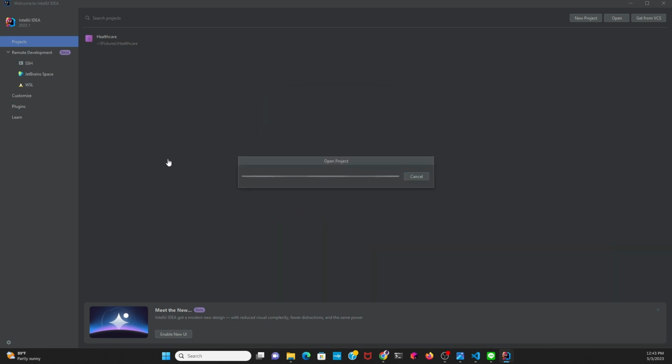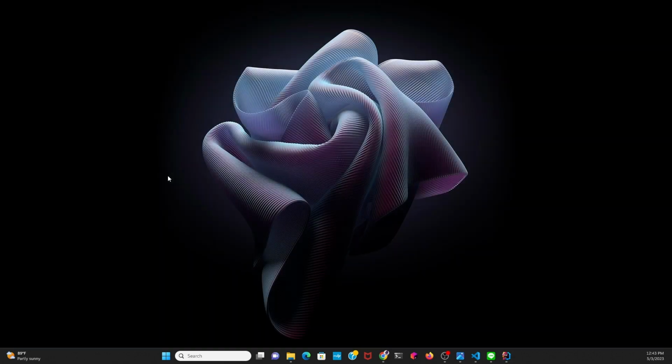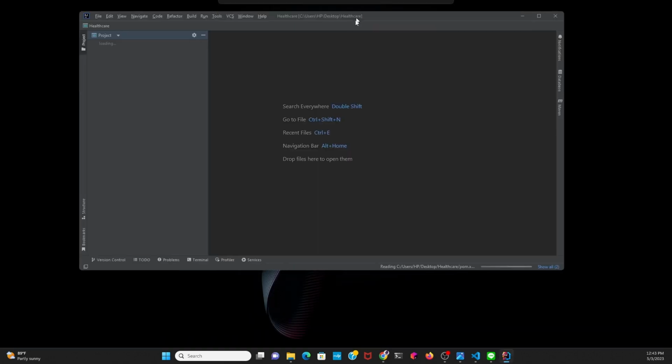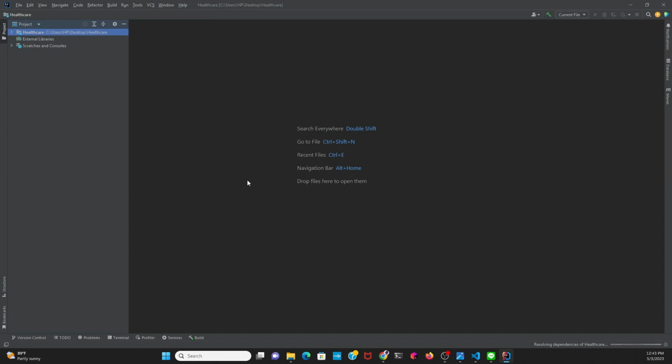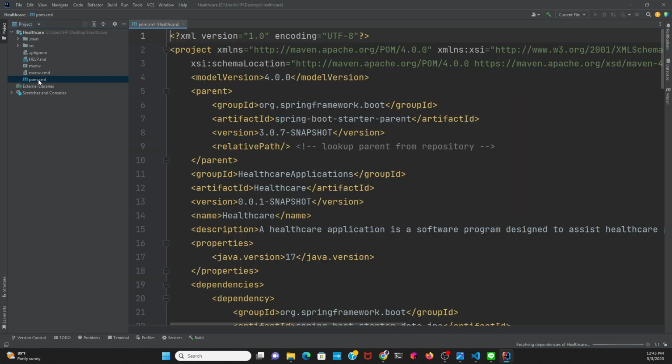I trust this folder. Then give it some time for it to be downloaded and uploaded, I mean, inside our IDE. So give it some time. As it goes on to upload, we have this pom.xml here. If I click on this pom.xml here,